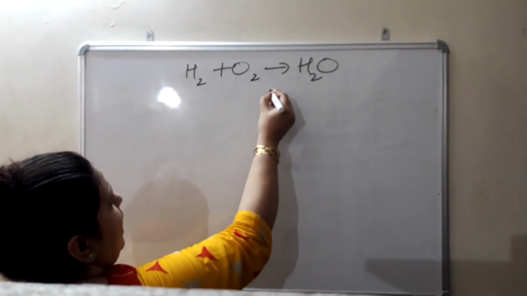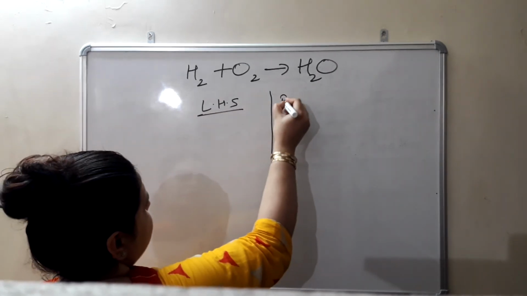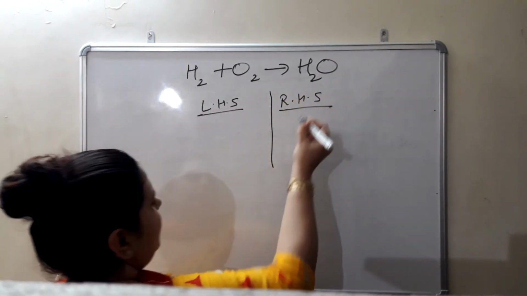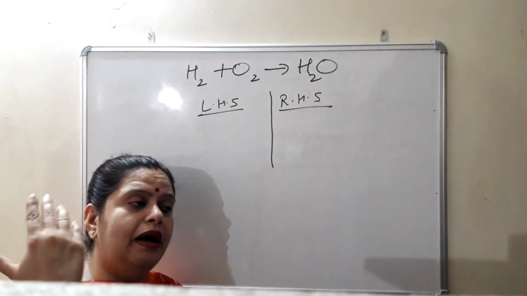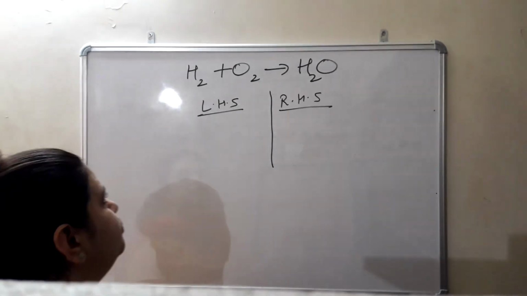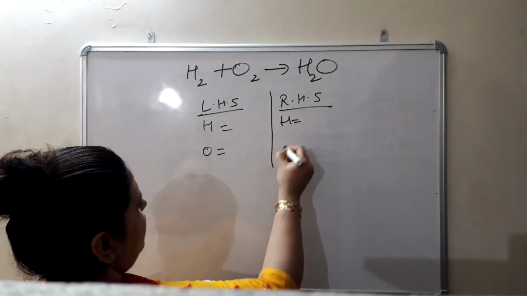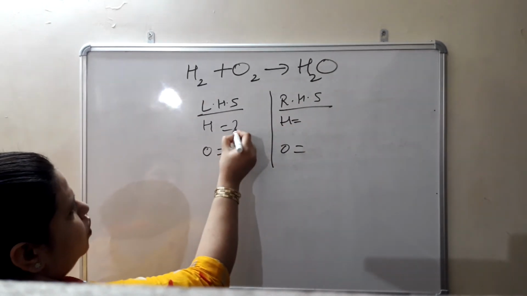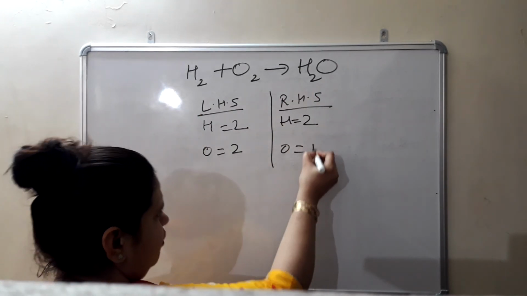See here whether it is balanced. So I will do like this. For beginners, this method is there. You can do like this later on, after practicing, when you will become perfect. Directly also you can do. Simple hydrogen, oxygen, hydrogen and oxygen. How many atoms? 2. How many atoms? 2. How many atoms? 2. How many atoms? Only 1.